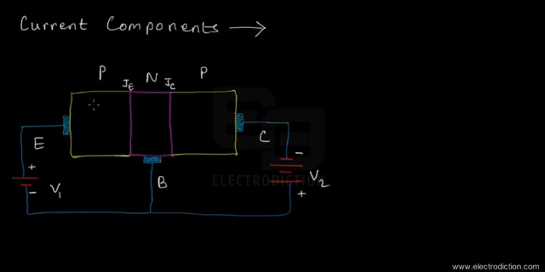So obviously it's quite natural that a current, due to the majority carriers, would just flow over here. And that way we would just call it the emitter current, denoted with IE, for the majority current carriers, that's the holes over here. And now also due to the fact that the base will also have